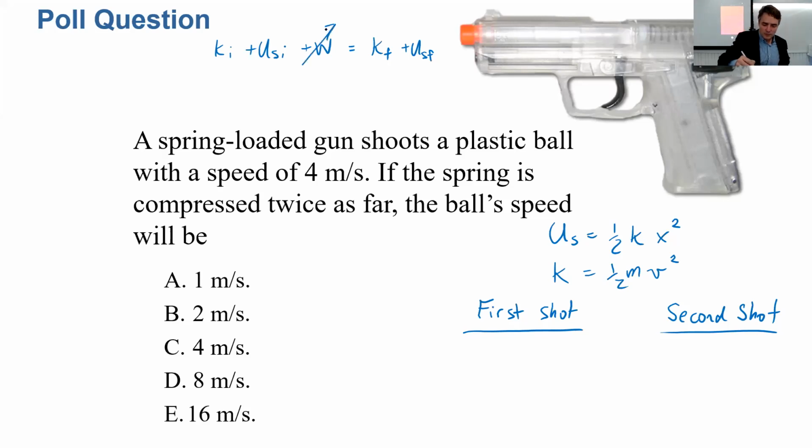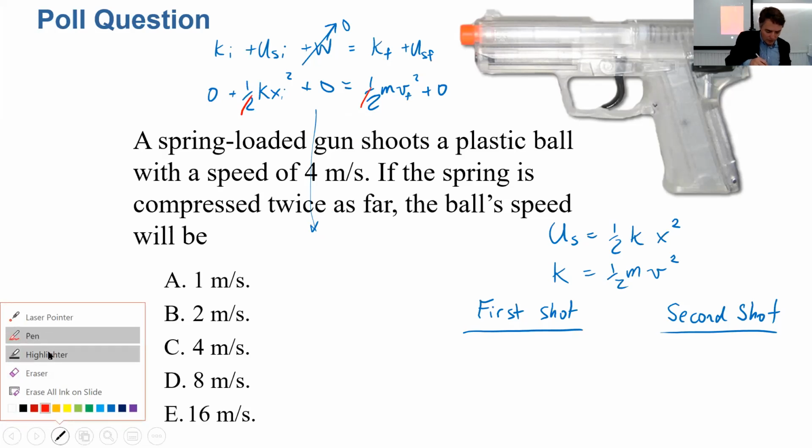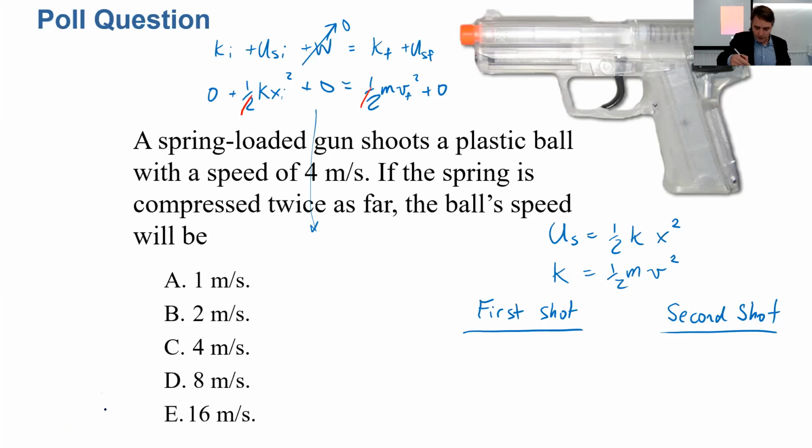So the work is 0, okay, close to 0. The initial kinetic energy is 0. And then what happens is you've got 1/2 times k times x initial squared, the stored energy, equals 1/2 m v final squared, just after the spring has decompressed but before it shoots out of the gun, plus 0. So what's going on here is you can just solve this out. The 1/2s cancel. You can multiply both sides of this equation by 2. And you can then solve for, you're finding speed, right?